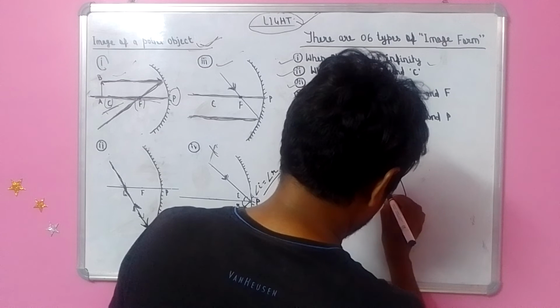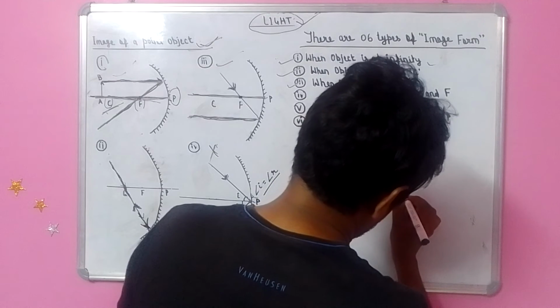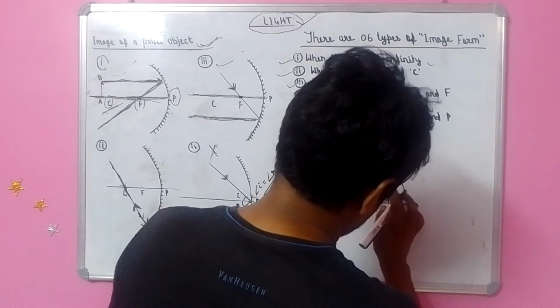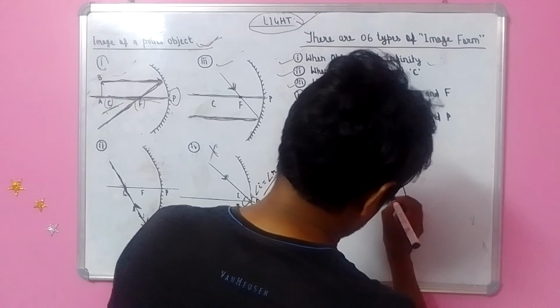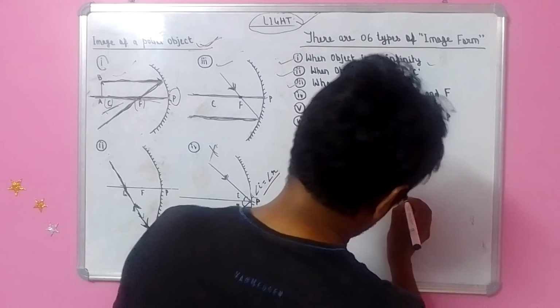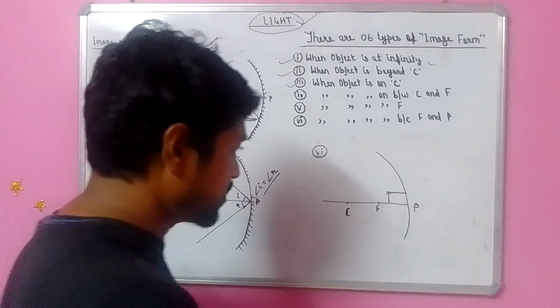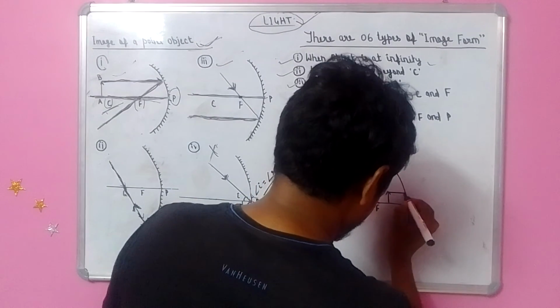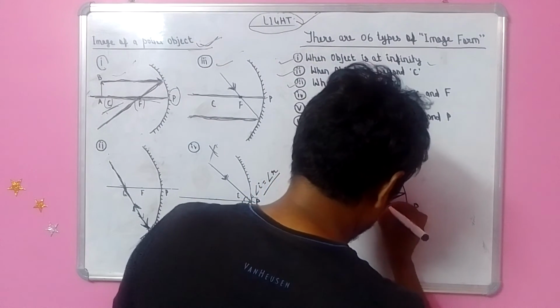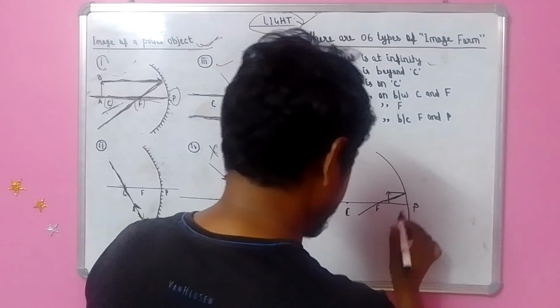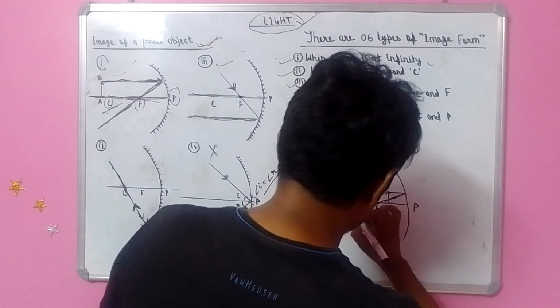So the object is between focus and pole. If a ray goes parallel, then after reflection it passes through the focus. And second,